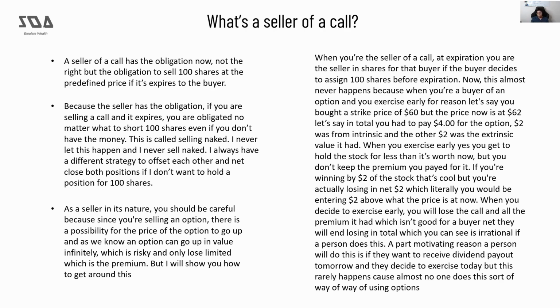So if the premium is $4 and you only made a profit of $2 from 60 to 62, in reality it would be as if you were entering the option now at $64 rather than 62, which is really stupid. I wouldn't do this at all, because you're actually entering higher than what the price is now, which is what you don't want to do in options. This is why this rarely happens. I think the only person who would do this would be doing it accidentally, or is just kind of an idiot, because you'd be losing if you do that.